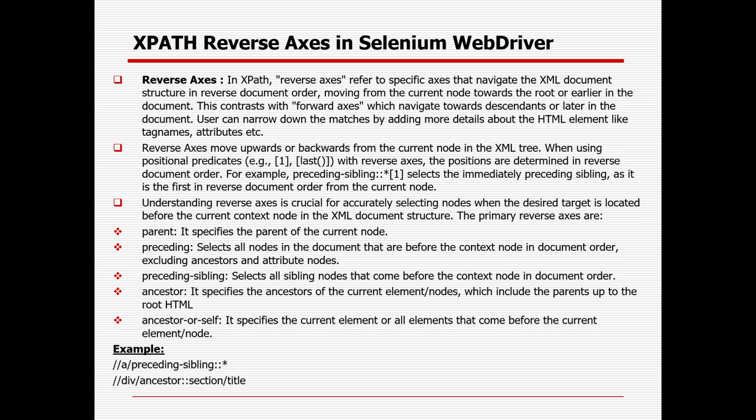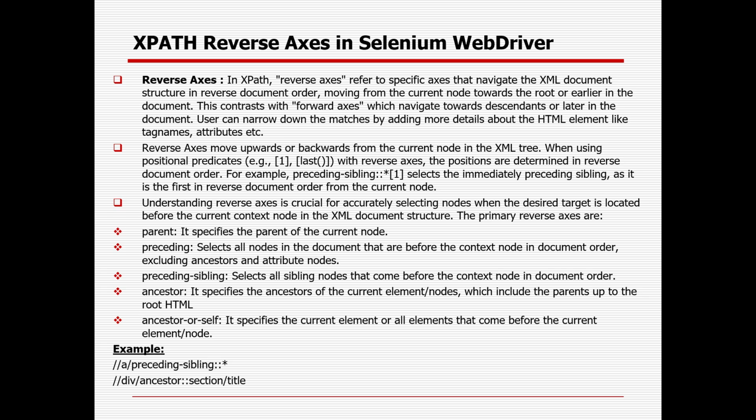When using positional predicates, for example indexing 1 or last, with a reverse axis, the positions are determined in reverse document order. For example, preceding-sibling::* with index 1 selects the immediately preceding sibling, as it is the first in reverse document order from the current node. Understanding reverse axes is crucial for accurately selecting nodes when the desired target is located before the current context in the XML document structure. There are primarily a couple of reverse axes available, like parent, preceding, preceding-sibling, ancestor,